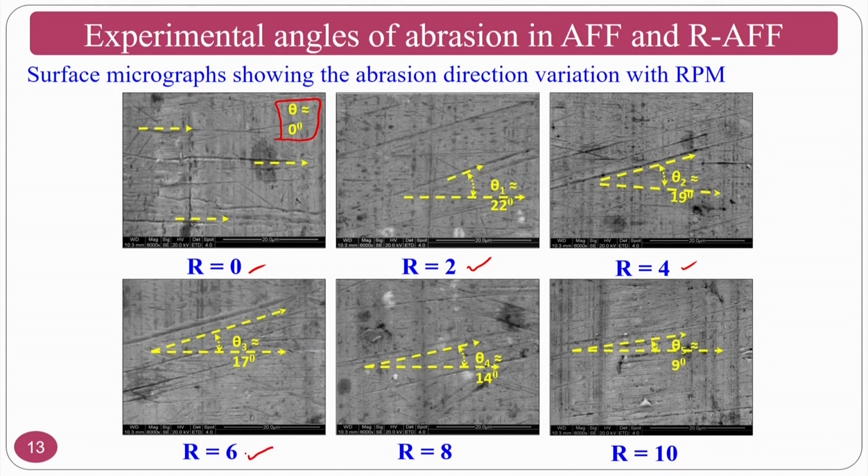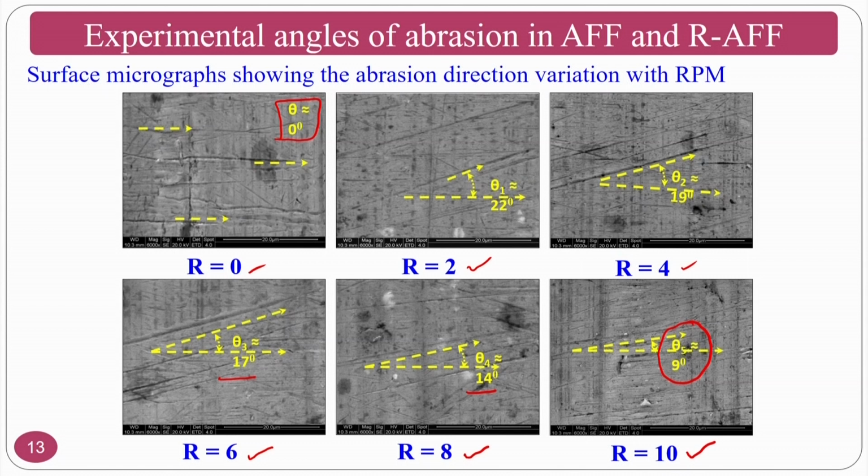If you see here, at rotational speed 6 you have 17 degrees, at rotational speed 8 you have 14 degrees. At 10 rpm rotational speed of your workpiece, the angle that you are going to get is 9 degrees. As you increase the rotational speed, what will happen? The angle is coming down, so the length of cutting or the finishing length will improve. Since your reciprocation speed is the same, at the same time the workpiece is rotating at high speed, I mean not high speed, but as compared to 2, if you are using 10, the speed is high compared to 2.